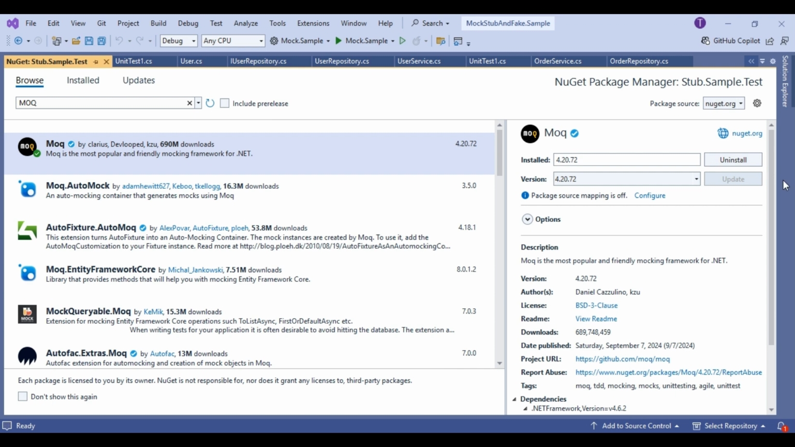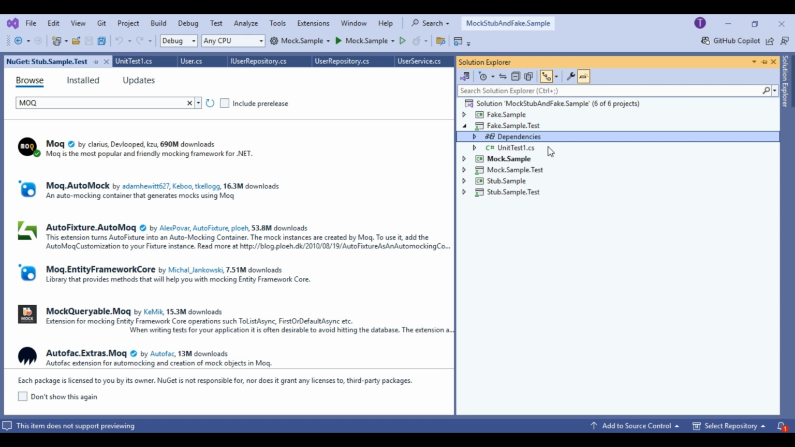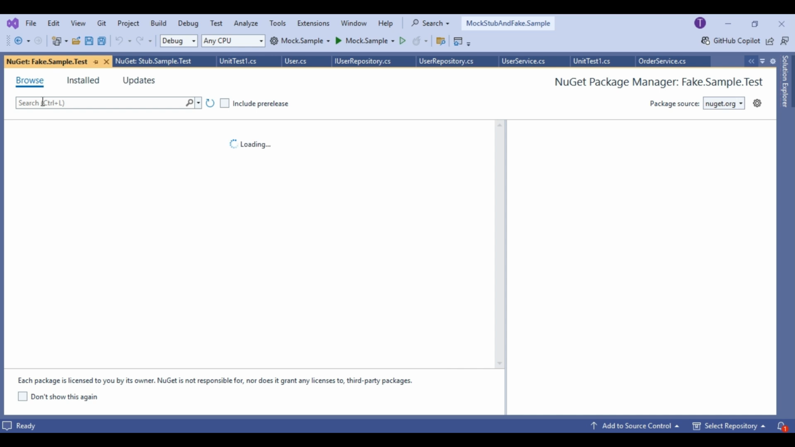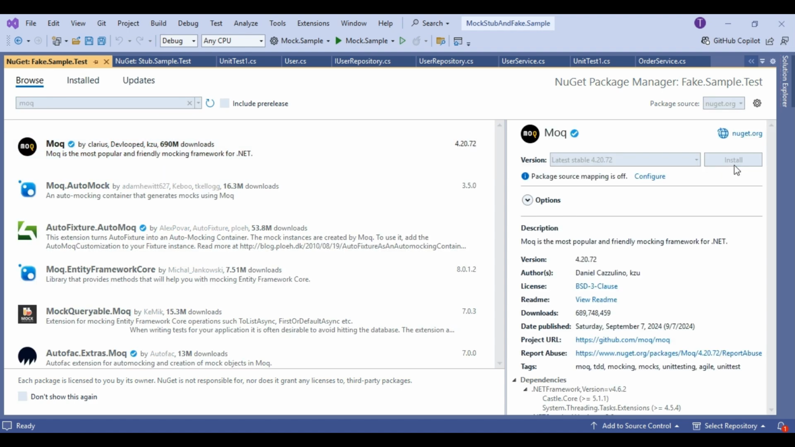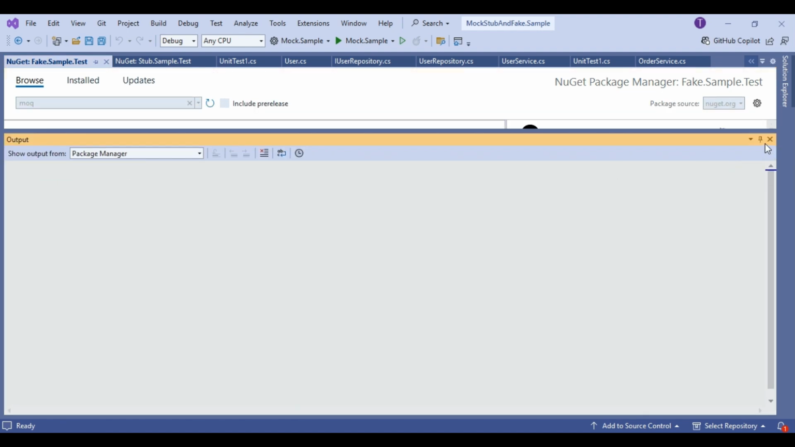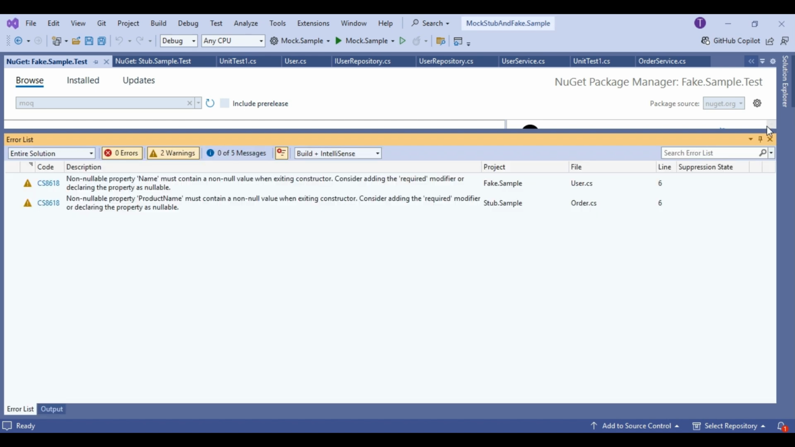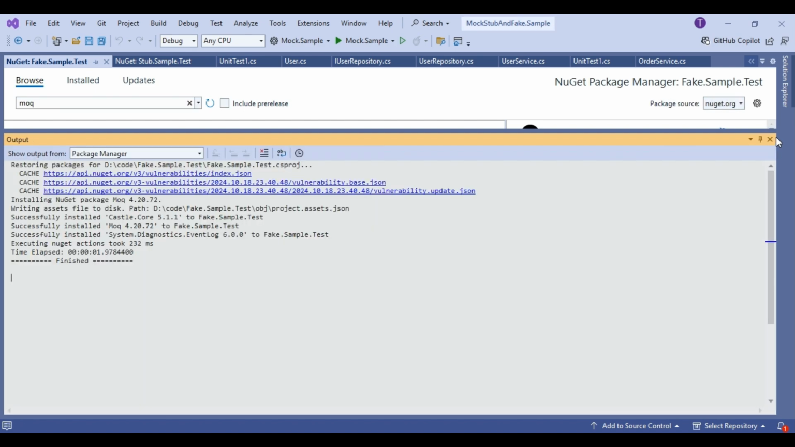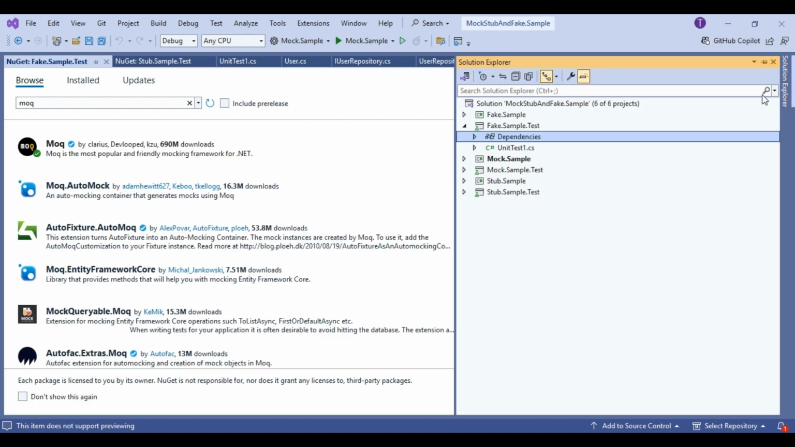And then I will add mock also. So I will go here and manage NuGet package, and then I will try to use moq, and I will install it. Apply. Okay, that's fine. Now we will add a class there called fake repository, and then we will try to implement